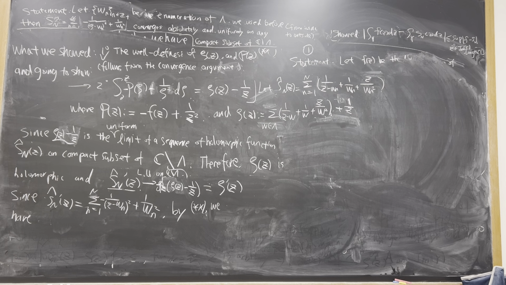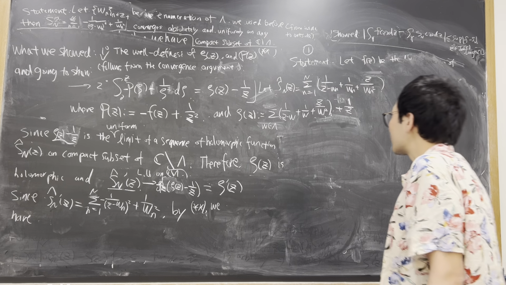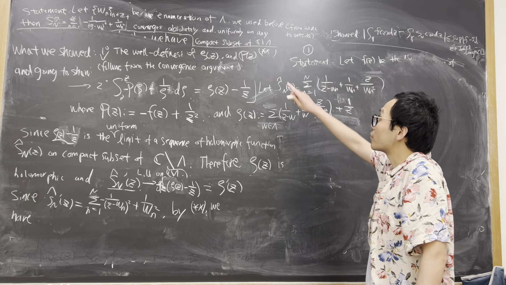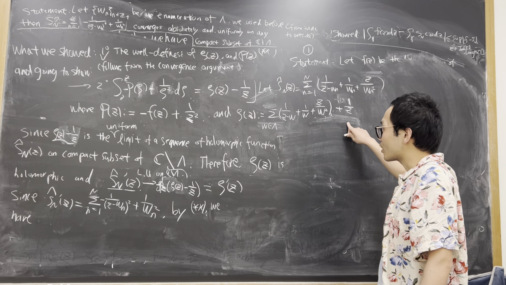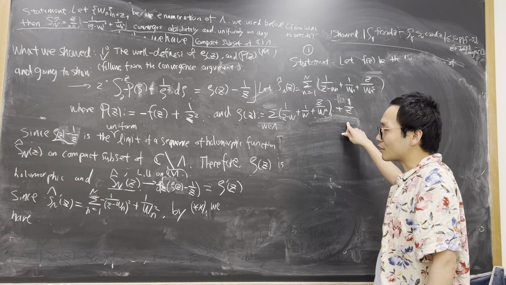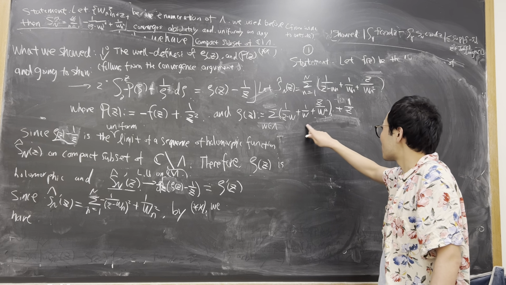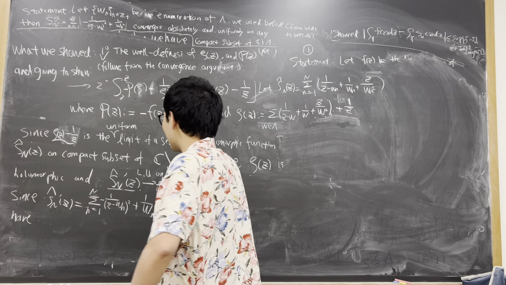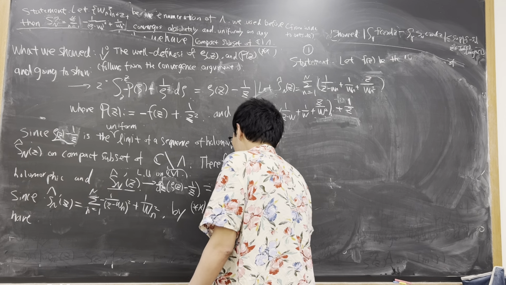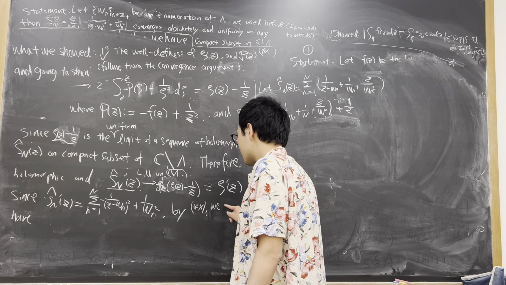So what is this zeta z? This zeta z is just the limit plus 1 over z. From here we show that this limit exists. So this is how we define zeta z, just the limit plus 1 over z. And then this zeta z minus 1 over z, so therefore we have that,